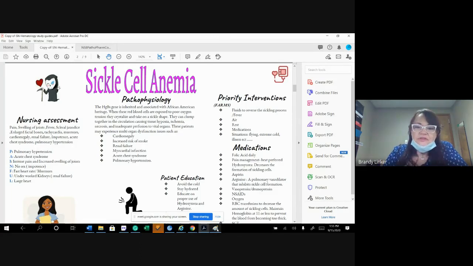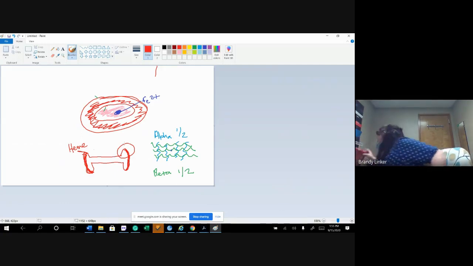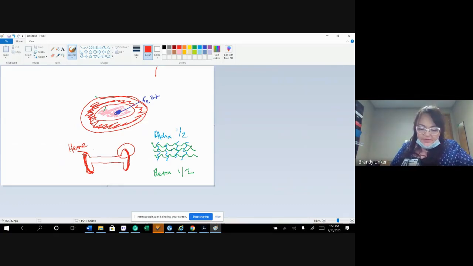And so what happens essentially is all these proteins right here, they're hydrophilic. What that means is that they don't mind water. Philic means love, phobic means scared or hate or afraid of. When you have proteins that are hydrophilic, that's fine because your blood is mostly water, right? And it doesn't really cause any problems. But that hemoglobin S gene that I was telling you about that the sickle cell people have, that protein